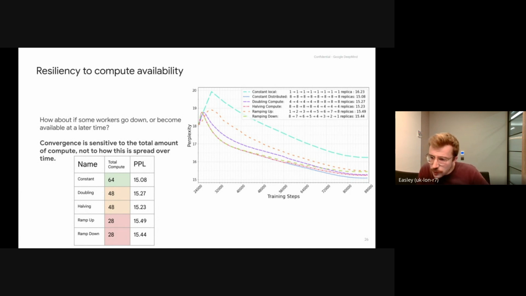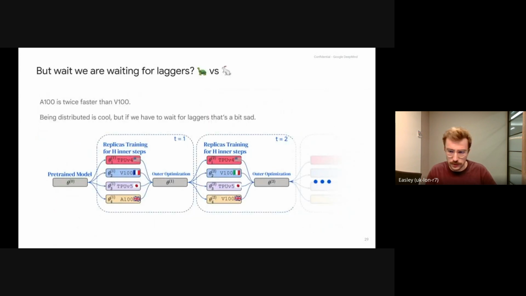For the data shards, if compute is heterogeneous, have you tried to send less data to compute nodes that have fewer resources? Okay, so Eman, let me rephrase if I understand correctly. If your compute is heterogeneous in the sense that you have different devices, would it make sense to actually process fewer steps with the slowest unit? If that's correct, yes, we also use that. That didn't give as much gain as our delayed momentum update method, but we also use a method where we do fewer inner steps if the unit is slow.